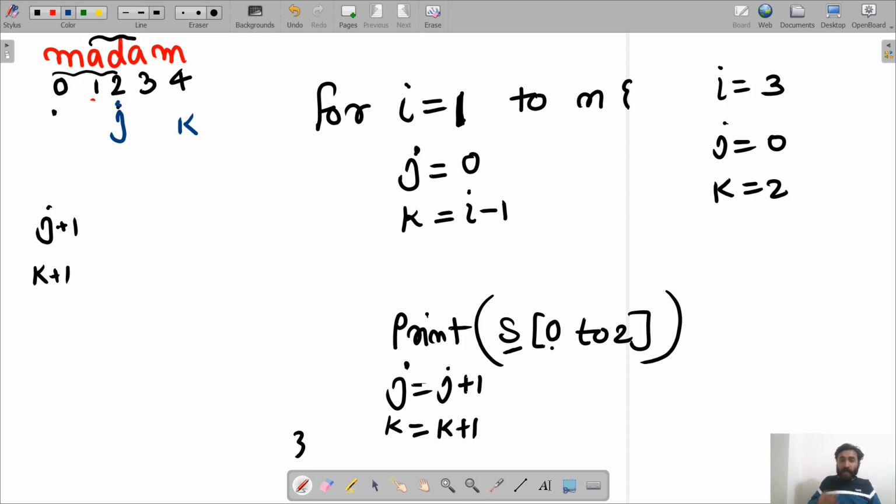I will again print and I will again move my j and k. Till what point of time you will keep on doing this? Until your k crosses the boundary. See, if I move my j again, my j will come here, but k will go outside of a string